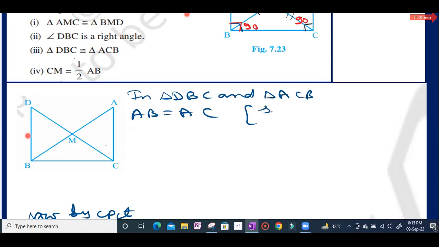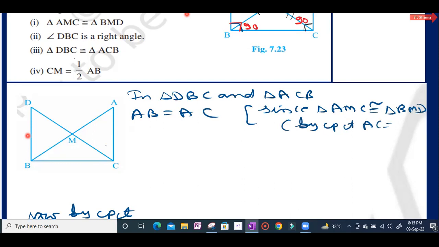Because triangle AMC is congruent to triangle PMD. So by CPCT,